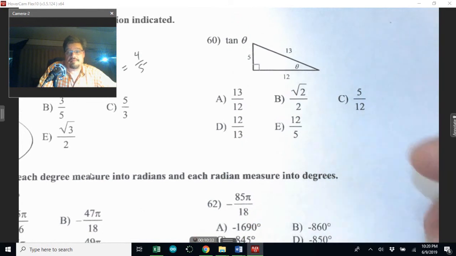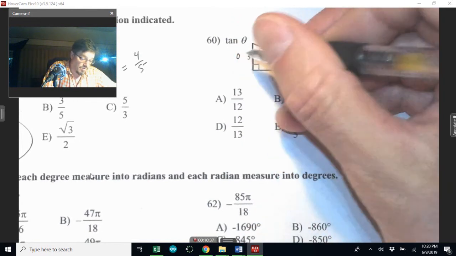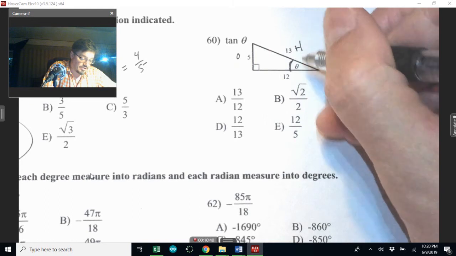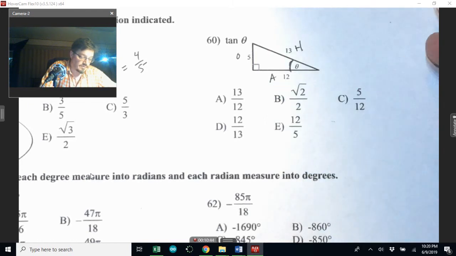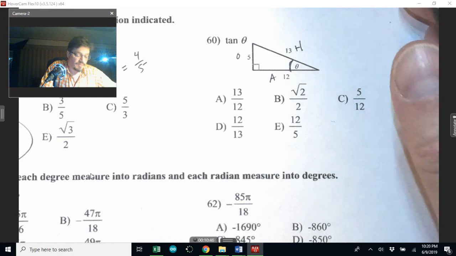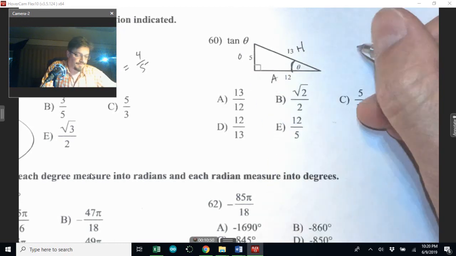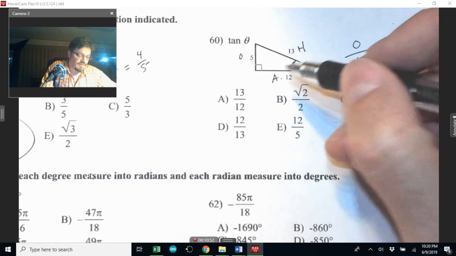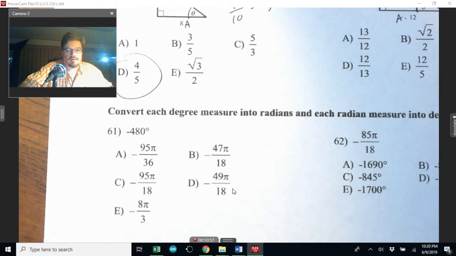Moving over to tangent. Tangent is just going to be O over H. So if I'm looking from here, that's O, that's H, that's A, so it's 5 over 13, which is, wait a second. No, I'm sorry. I was thinking of sine. It's O over A, so that's 5 over 12. Let's see. All right, stop here, and then we'll